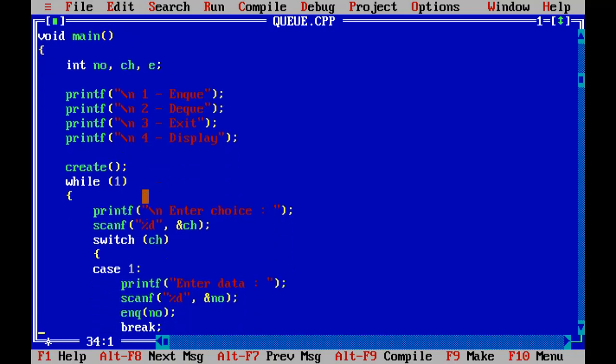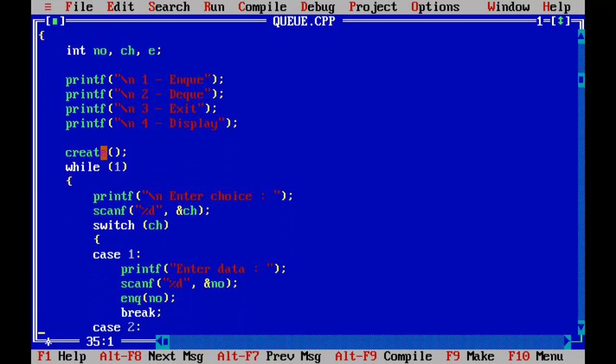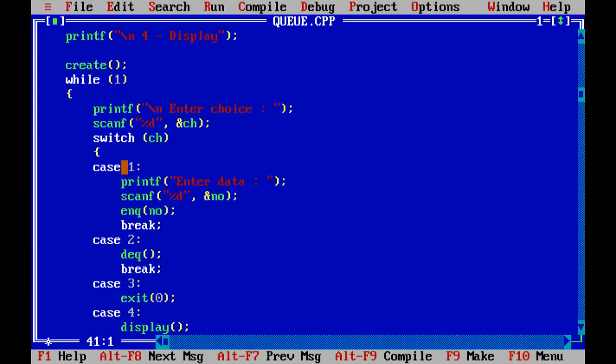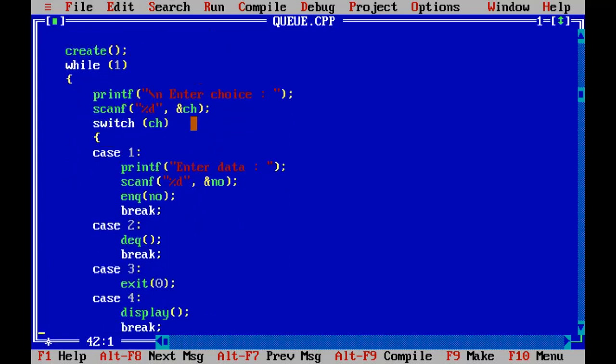Okay. So for this purpose we have the create function. In this create function we enter the choice and enter the data from the user. Okay. So in the create function, while 1, that means while the choice is 1, we have to follow some instructions, that is enter your choice. So with this, the user will enter the choice. Now the choice goes into the switch case, and the cases are present here.